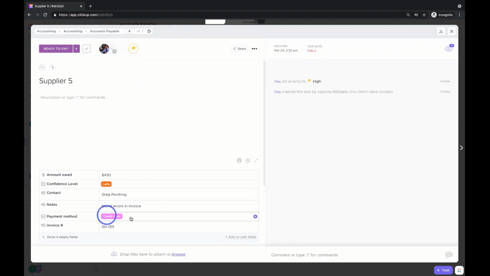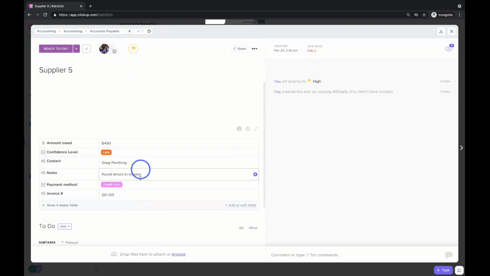We're going to take a quick detour down here below and talk about this area called the custom fields. We're going to get more into custom fields in a bit when we talk about task views, but think about custom fields as a great way to track items or information across the tasks that you're working on. In this case, we've got custom fields, which are specific to the idea of accounts payable.